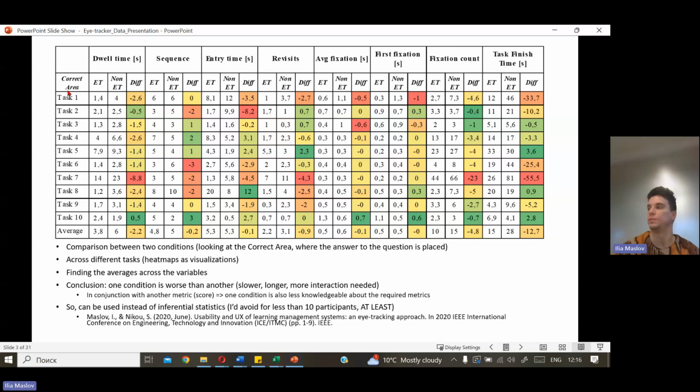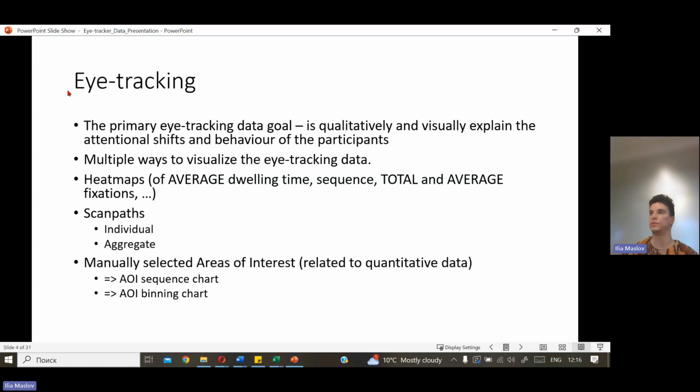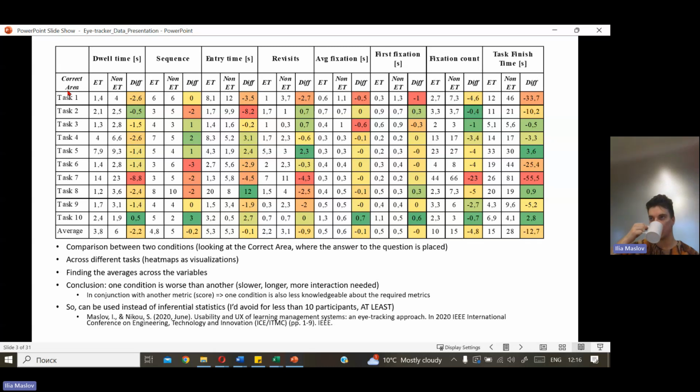Sorry to interrupt. The correct area, can it be seen as the area of interest? I think so, it's the main area of interest. You can define this area, and I will show you later. So you have this model,